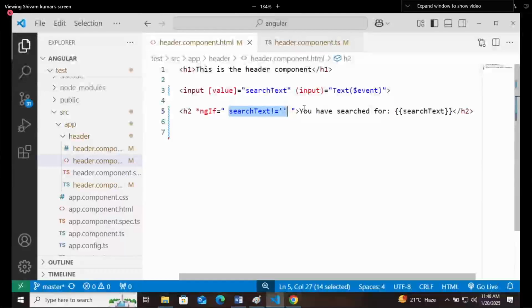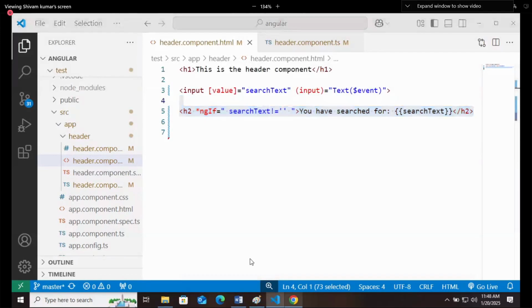That is why this heading will not be displayed this time. Right? Understood, ngIf? Understood? Conditional rendering. If the condition is true, then only that particular part will be rendered.